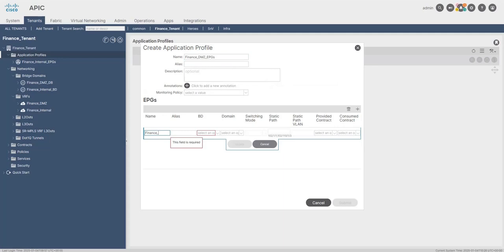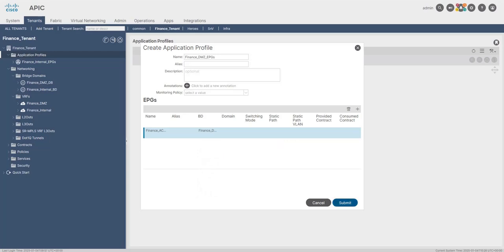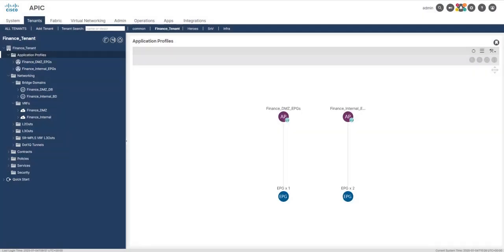Finance underline, for example, accountant SRV underline DMZ. It will be associated with the DMZ bridge domain, and you will see inside of this tenant we have two different networks, two different application profiles, I will say, and